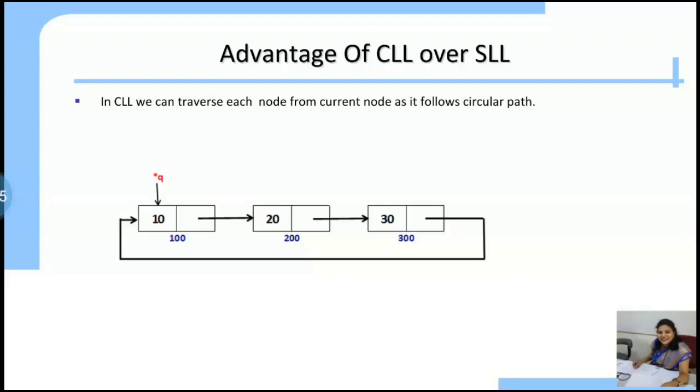The circular linked list is also one way, following the path from start to end, but we can jump from the last node to the first node because it follows a circular path. Means if you are at 20, you can go to 30, and also to 10 by going through the last node and then coming to the first node.